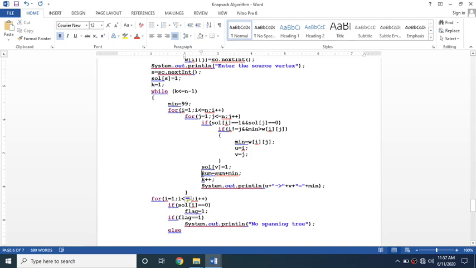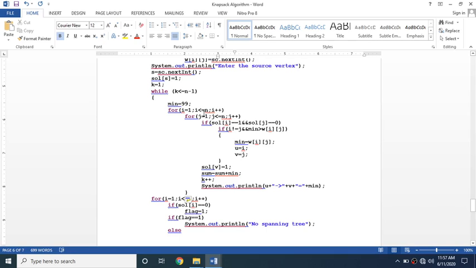Then we need to add this to sum, and the next is k plus plus, because k will be incremented, since that many times I need to run this while loop. And then we need to write which edge we visited, from u to v. u to v is nothing but i to j. So why can't we directly put i and j?